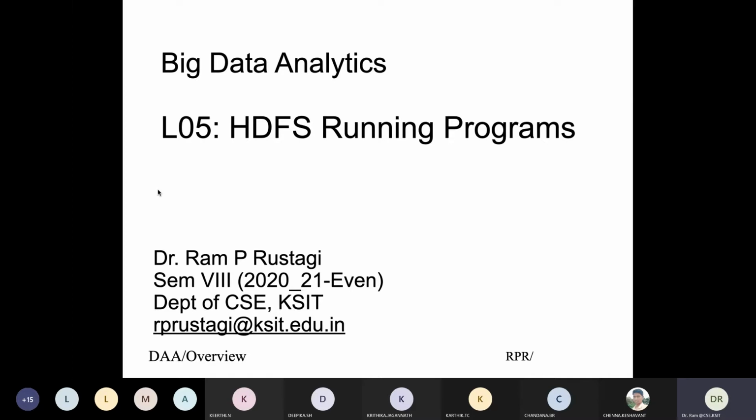Let's start today. Last class we discussed the basics of the HDFS file system. We also took an example of a Java program. We ran it, and from its functionality perspective, you can copy a file into the Hadoop file system, create a directory, read, or remove, those kinds of operations.